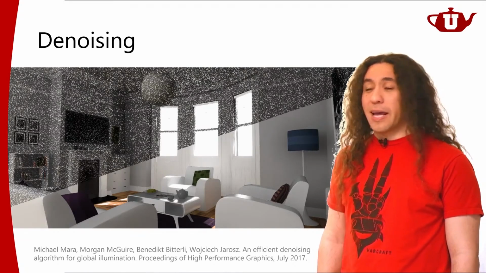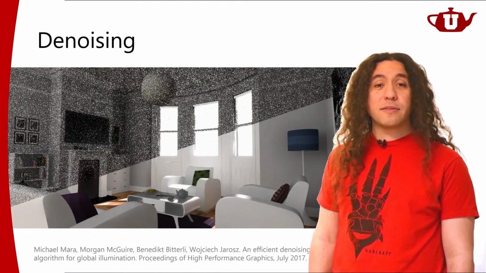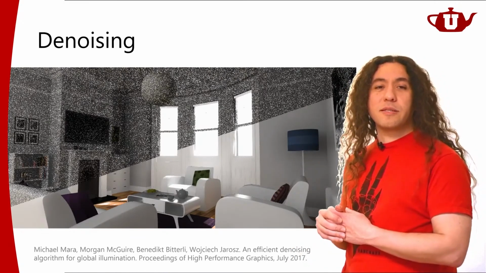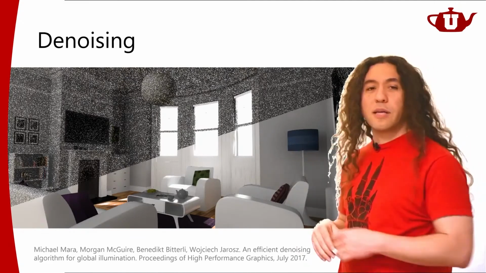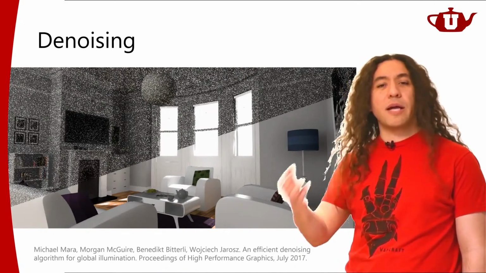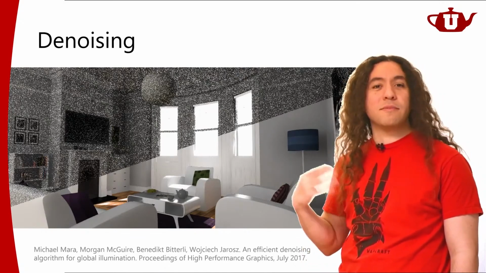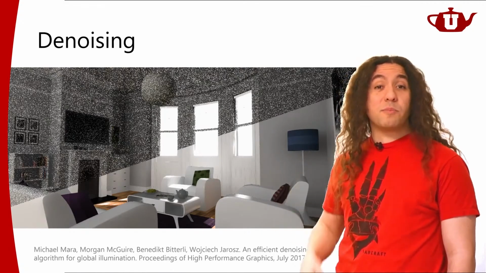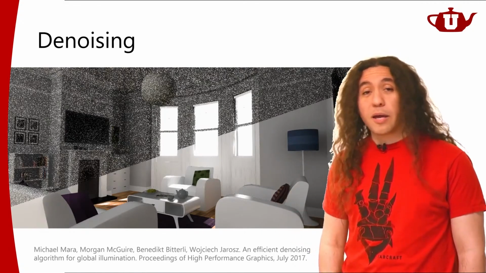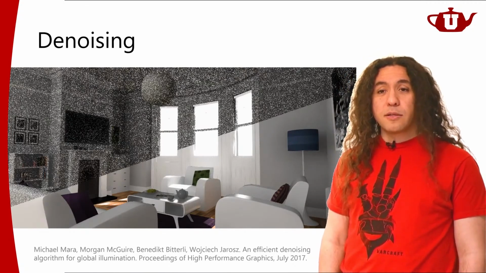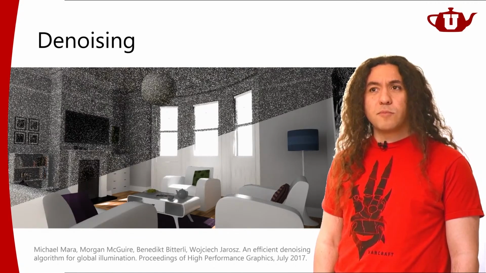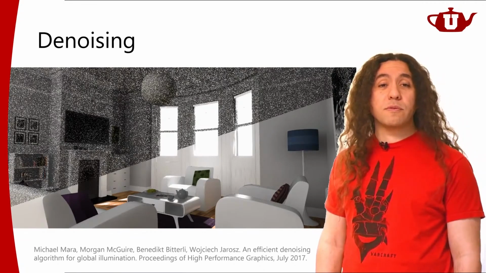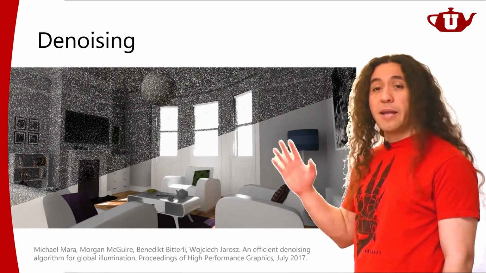And what they do is that they have neural networks that are trained using a lot of different images, the final converged versions and the noisy versions, and you train your neural network, and it tries to do a better way of figuring out how to estimate what the pixel color is supposed to be by looking at the neighboring pixels. So that's the most popular way of doing this today, but there are, as I said, quite a few techniques. This is still an active research area, denoising.